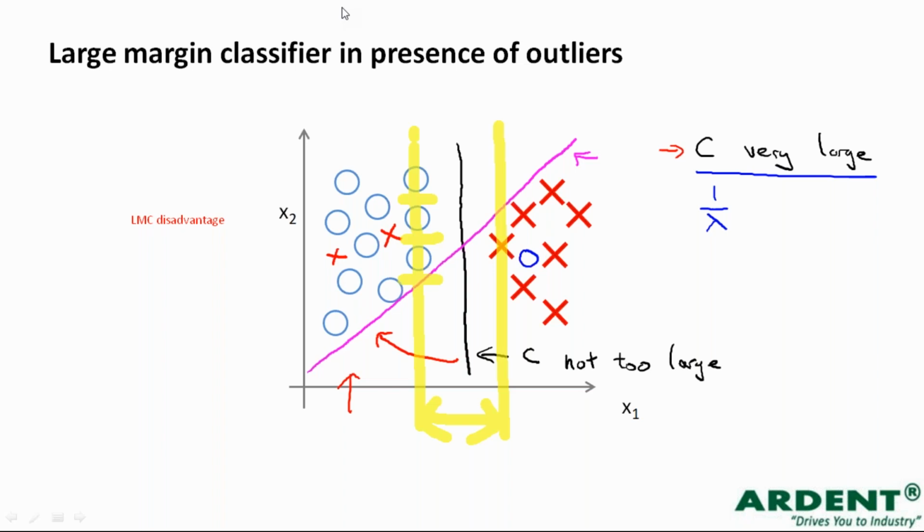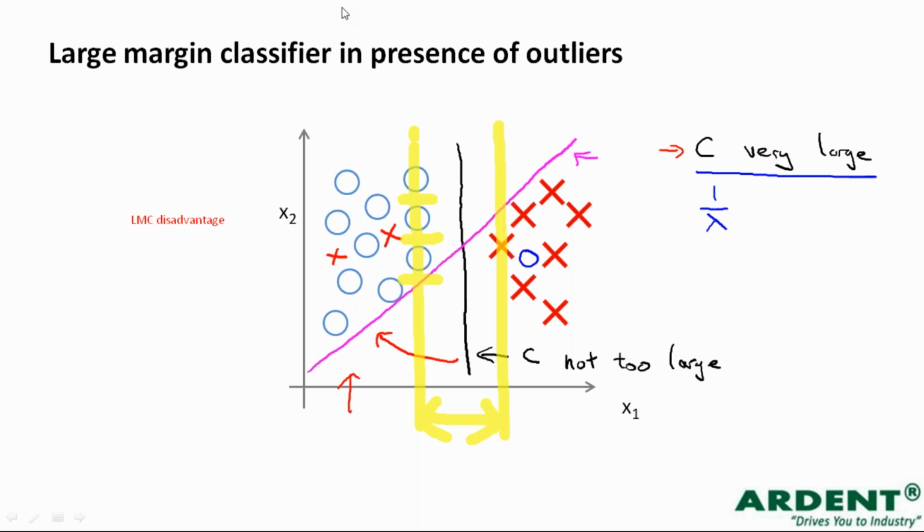Okay, अगर C का वैल्यू बहुत लार्ज होता है तो ऑप्टिमाइजेशन क्या करेगा? It will choose a smaller margin hyperplane. And if the hyperplane does a better job of getting all the training points classified correctly, then it's okay. Otherwise, if the value of C is small, okay, then it will cause the optimizer to look for a larger margin